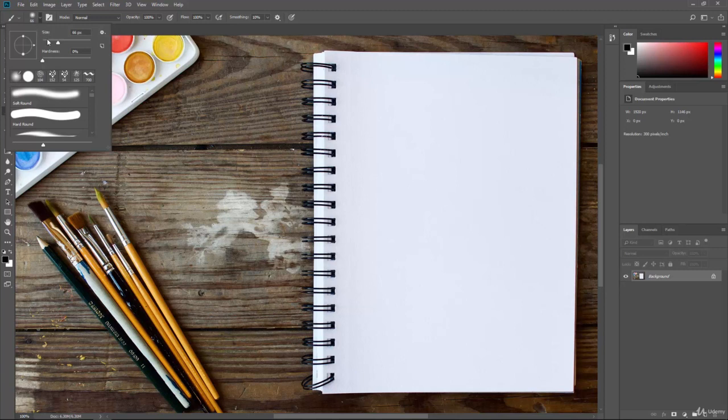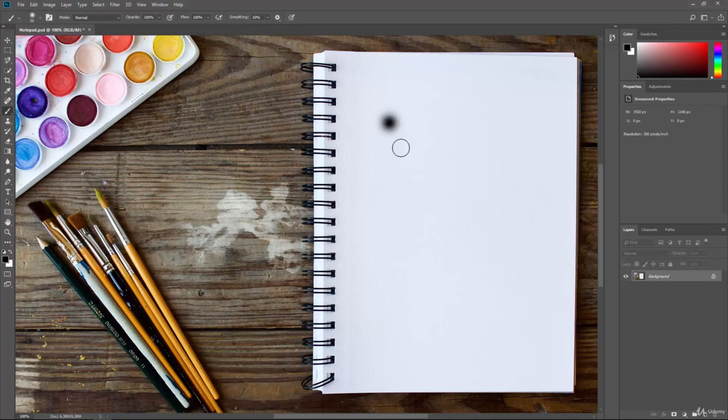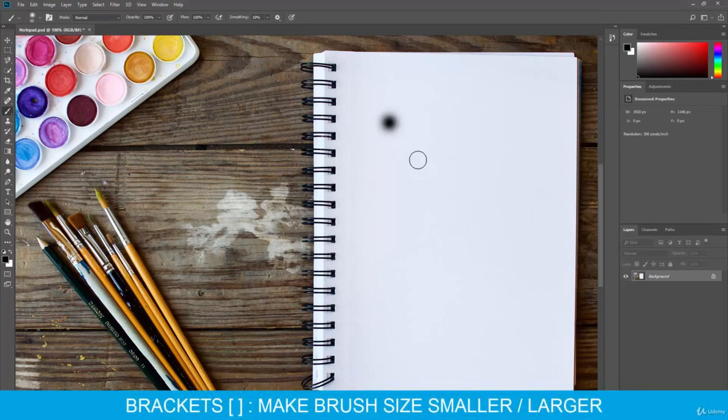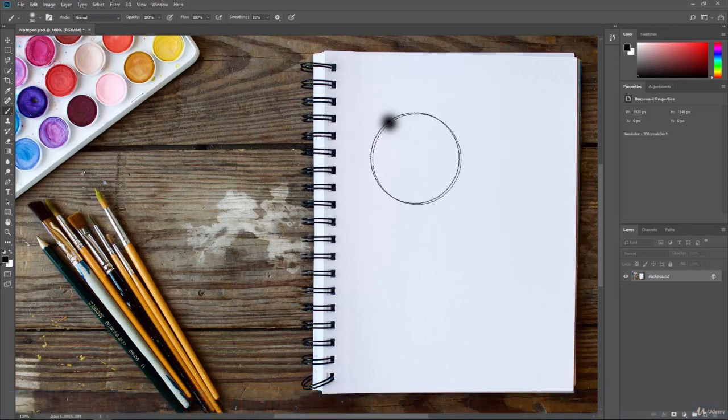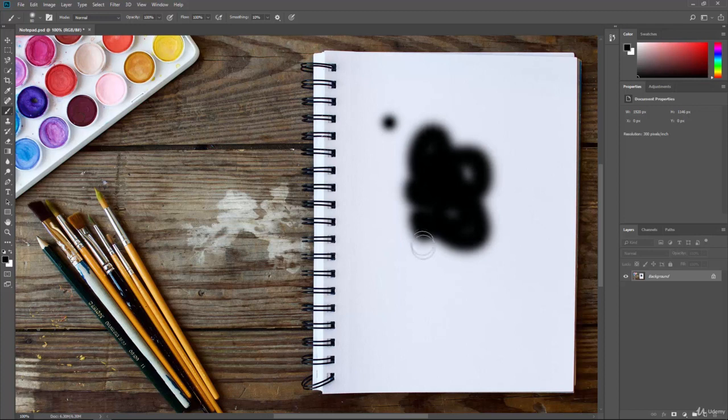This is our actual brush. So we have a size of 66 pixels. That's how big this is. And if we raise or lower that, you can see that it gets bigger or smaller. So we'll go ahead and turn that down a little bit. And if I click over here and get out of that toolbar, you can actually use the bracket keys to make your brush bigger or smaller too. That's a fast way to change that if you don't want to use that menu every time. Whenever I do that, you can see the numbers are changing right there. So it's 200, and if I make it smaller, it's 80. So we can change the actual pixel size of our brush and make it smaller and have more fine-tuned control.